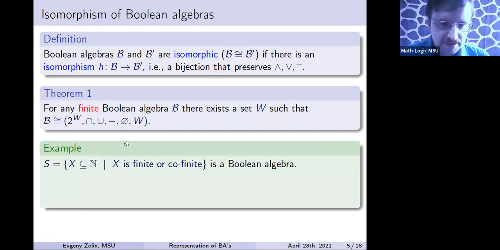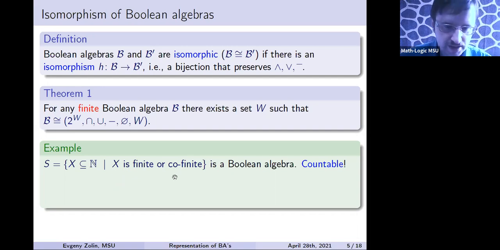For infinite Boolean algebras, this doesn't hold in general. For example, we already considered this Boolean algebra, the set of all finite or cofinite subsets of natural numbers. It is a Boolean algebra, but it is countable. There is a countable number of finite subsets of natural numbers and a countable number of cofinite